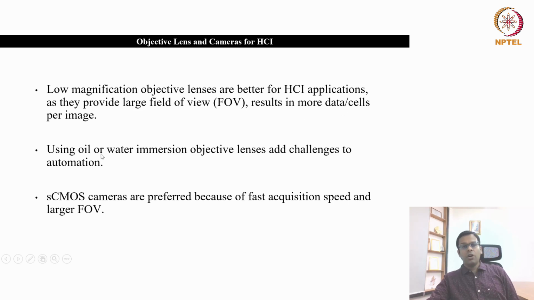Using oil or water immersion objective lenses adds challenges to automation, because every time the objective lens moves from one sample to the other, you cannot go and put the oil there. That's why I try to avoid oil immersion or water immersion objective lenses. Instead, use long working distance air objective lenses. And sCMOS cameras are preferred because of fast acquisition speed and large field of view.